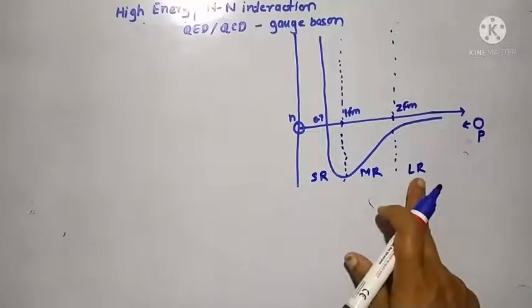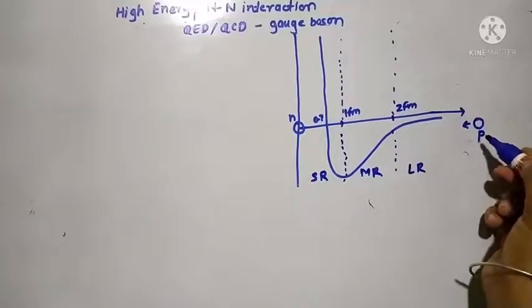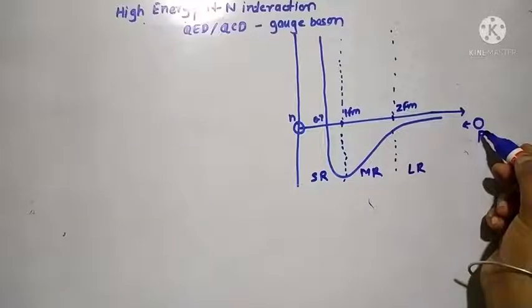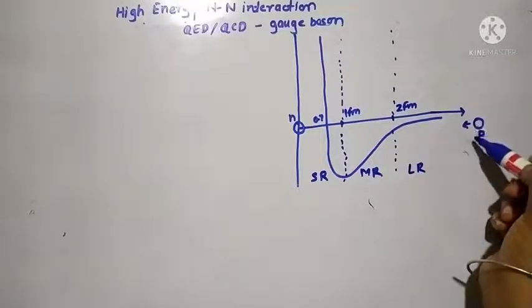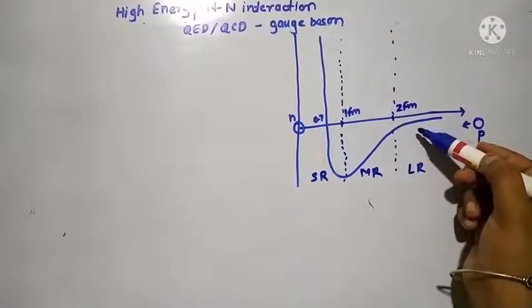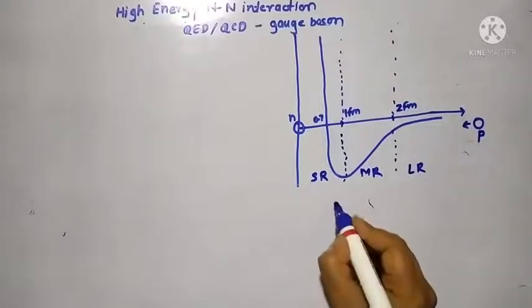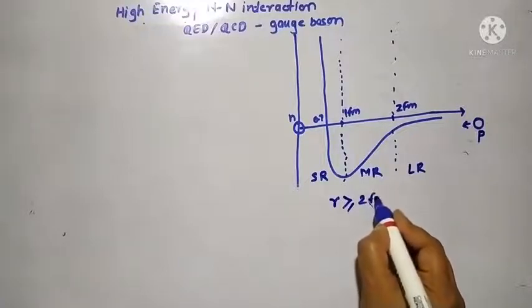So if I apply kinetic energy to this projectile particle, which we have taken here as a proton, and I have given the kinetic energy such that it can only reach a distance greater than or equal to 2 femtometers, r greater than or equal to 2 femtometers,